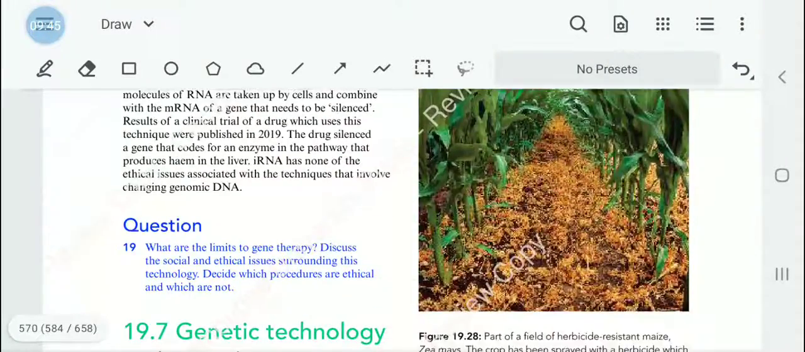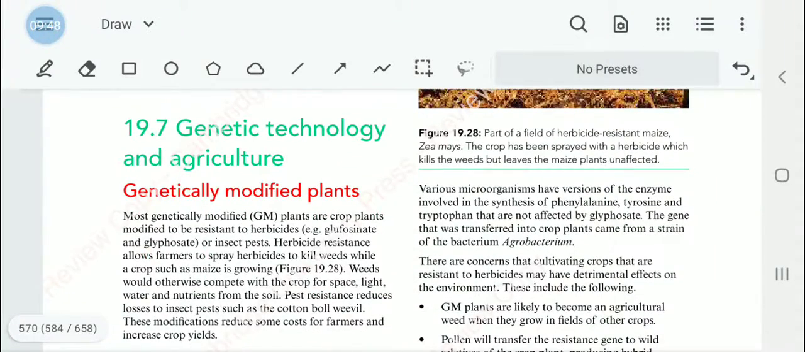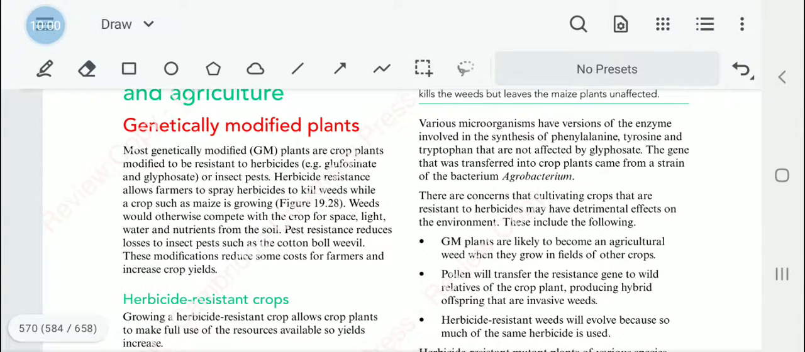Write down: genetic technology and agriculture. Genetically modified plants, GM plants. These are produced by introducing a gene that is either resistant to herbicides, so that farmers are able to spray herbicides to kill weeds, or